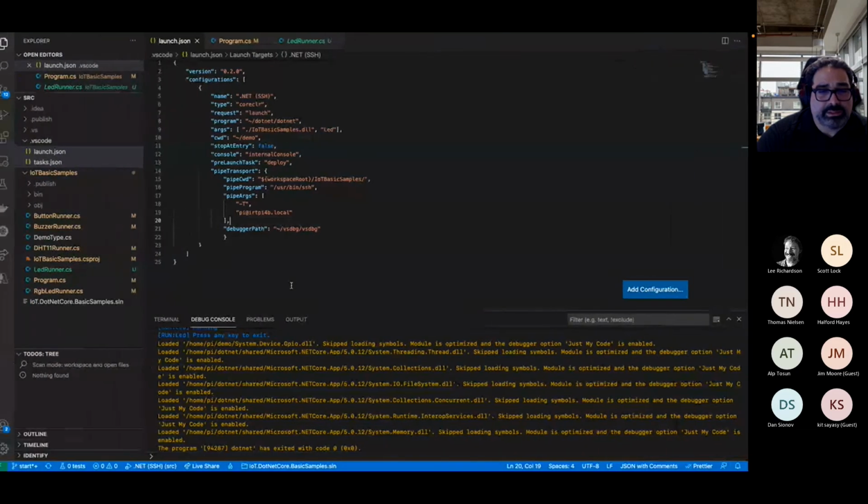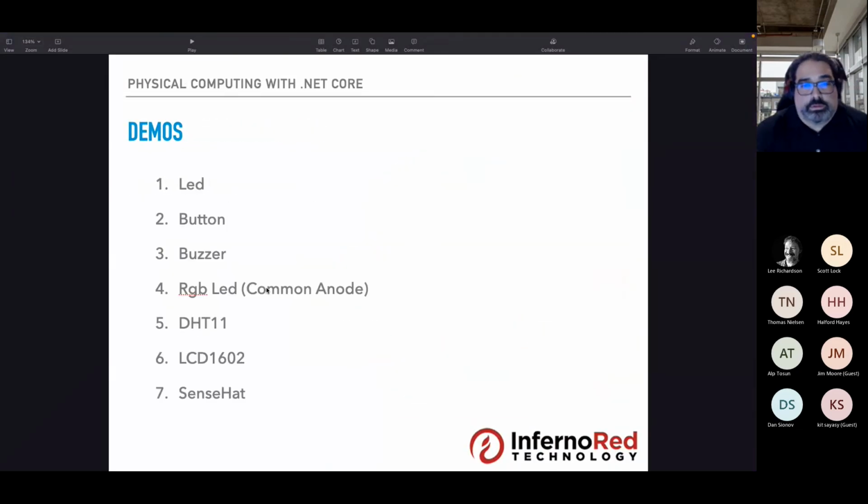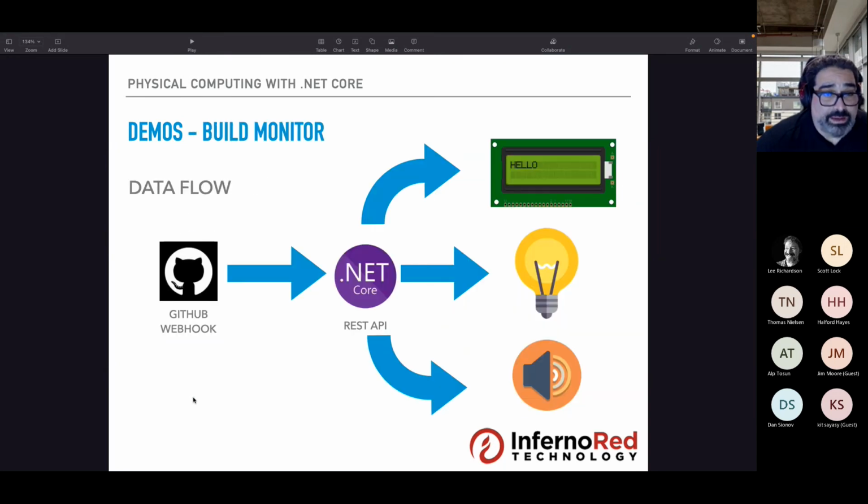Let me check my slides. So yeah, going back to this slide, which is basically my guide, the last demo that I had in store with SenseHat, I did have this architecture diagram, very high level, of how the data flows from the GitHub into the application that I built.